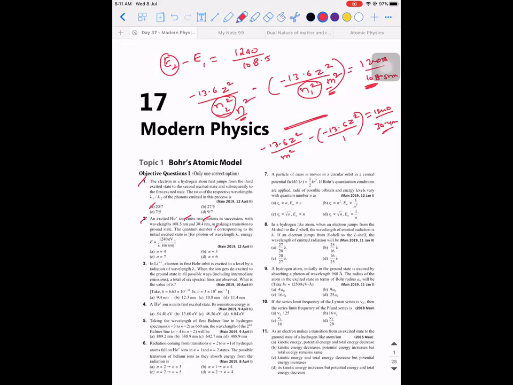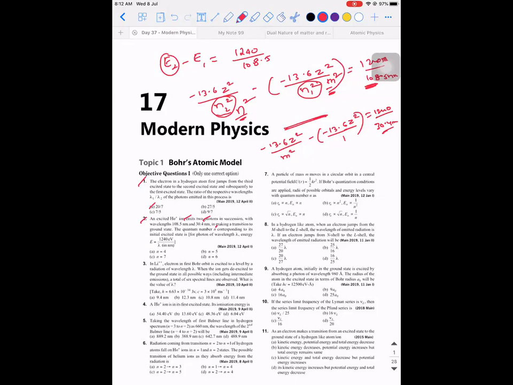Calculation part you do it later. Sir, tell me. So instead you can just directly write E2 minus E1 is equal to like that. Instead of E2 you can write it as 1240 divided by 108.5, and E1 is 1240 divided by 30.4. Right side, you should write the difference of both. Yes, sir. That is what you will get at the end.